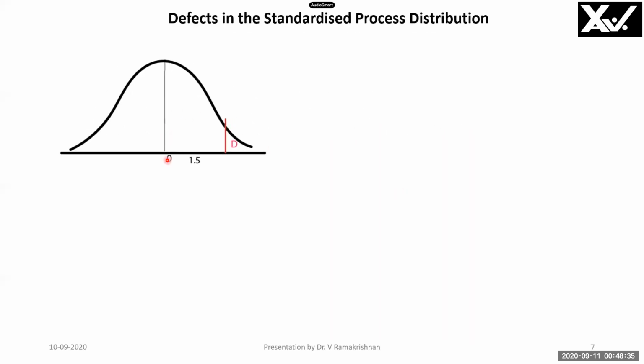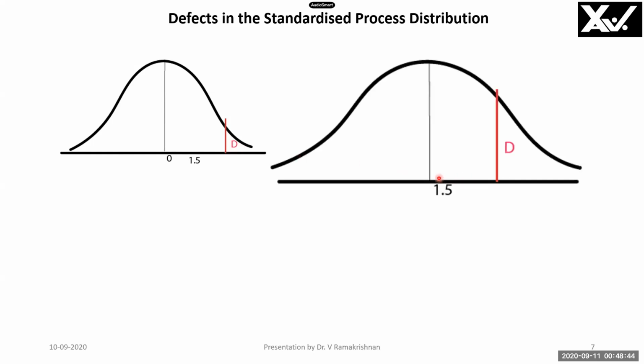Now we will see here, for the standard process distribution, we got the defects as this area. Now consider this is a real process, and I have shifted this by 1.5 units. Please see this here, I am just moving it to the right. If I am moving to the right, what will happen? This center will be at 1.5. That is what you see here, right? This is 1.5, whereas here it is on top of 0. Therefore, I am shifting the curve to the right by 1.5, or shifting the axis by 1.5 to the left. Either way, you will get the same curve.